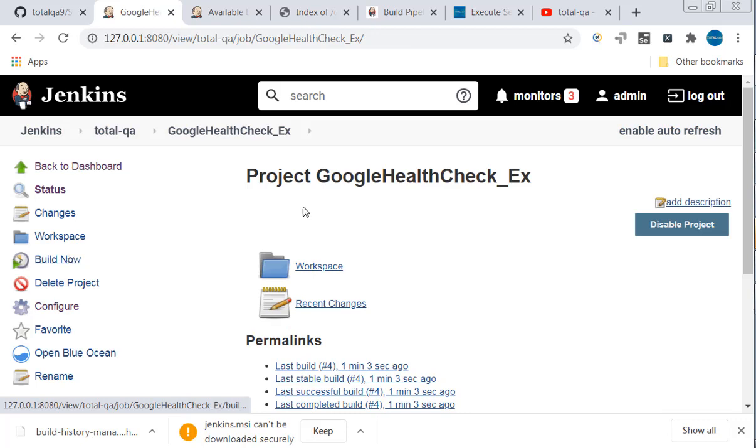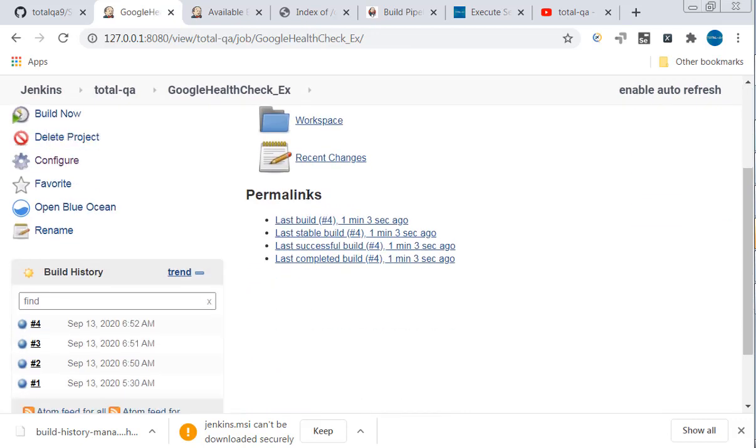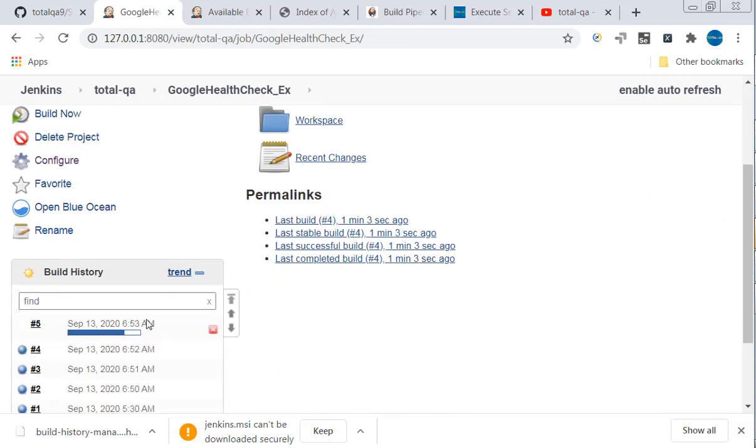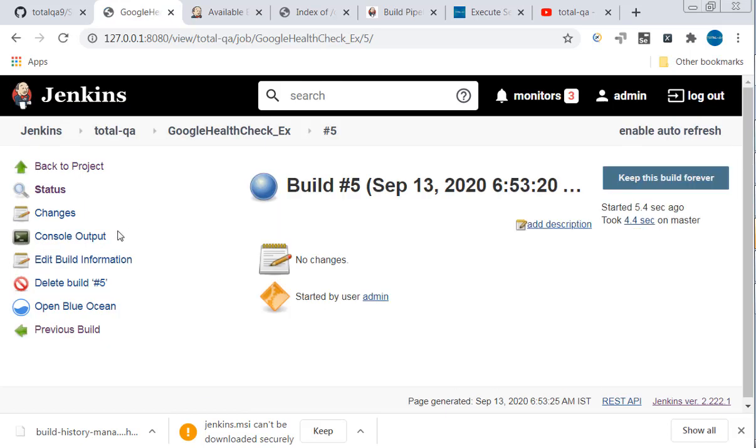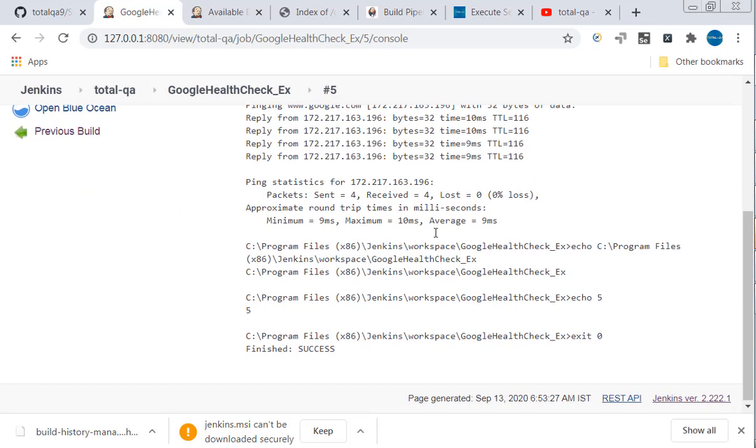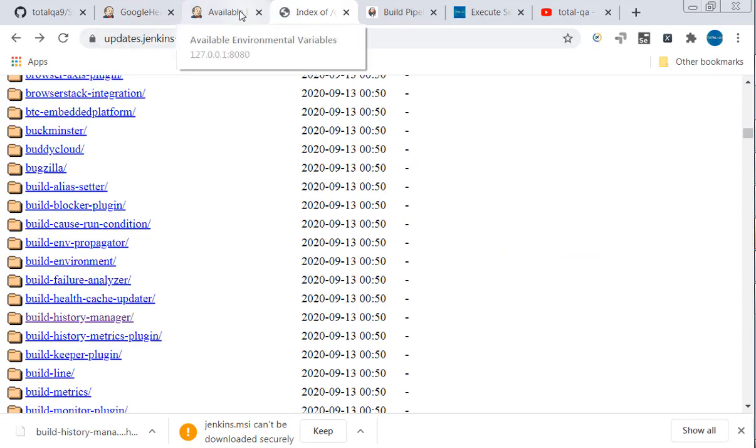You can even print the build ID as well. The current build is in execution. Click on that. So you can use any environmental variable in Jenkins. You can see the job ID is fine, the build ID is fine. So that is the advantage.